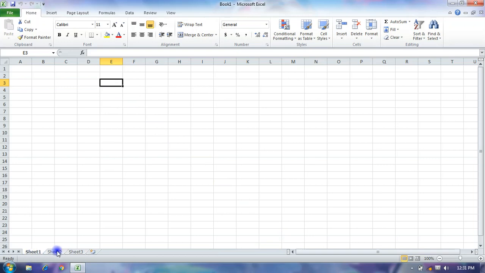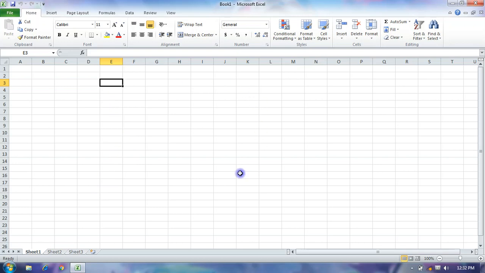These are the sheets which are open when you open Microsoft Excel. By default, three sheets are open at a time. There are scroll bars, horizontal and vertical, the view and zoom area, and this is known as the sheet tabs.